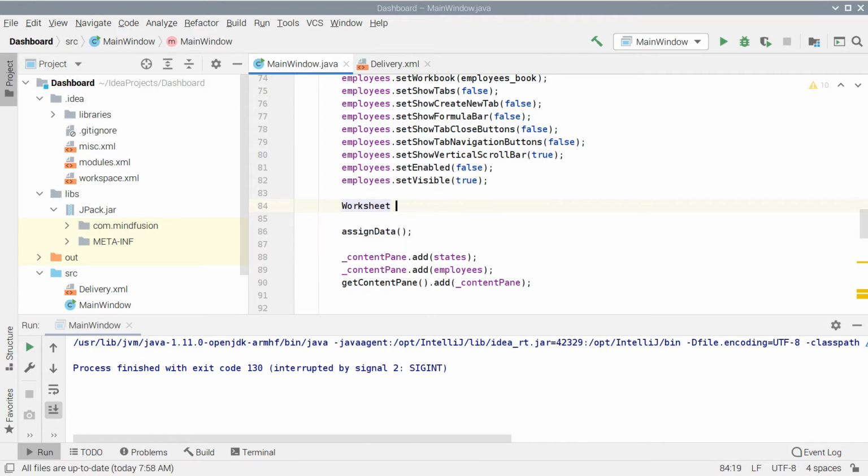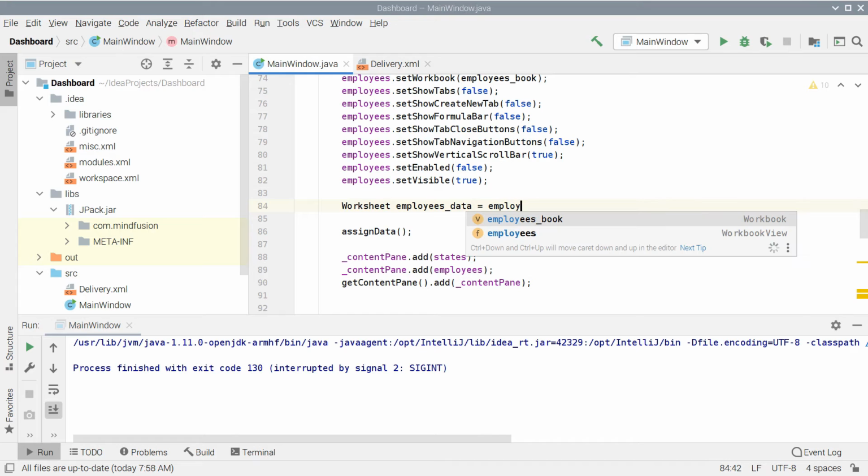We will add a new worksheet to it. When we call Add on the worksheets collection of the workbook, a new worksheet is created, added to the workbook, and returned by the method.